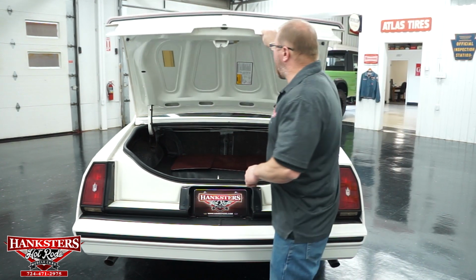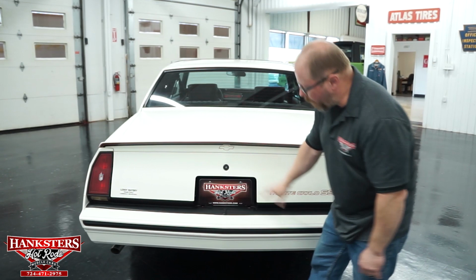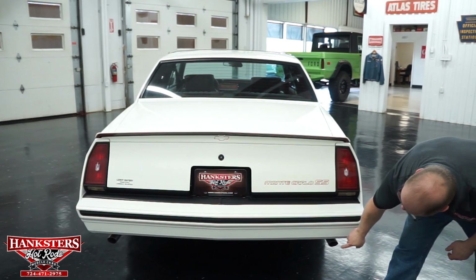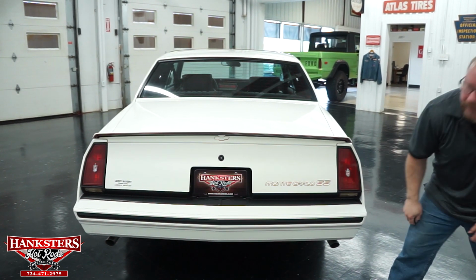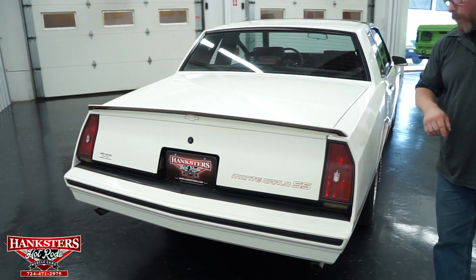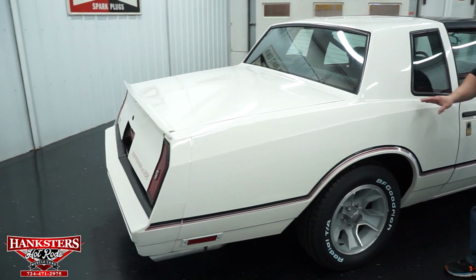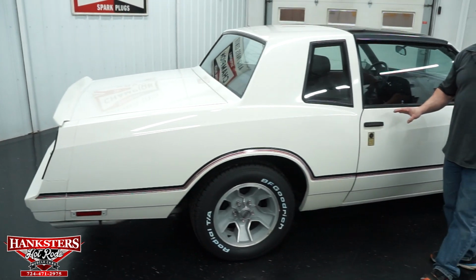Again, what we have here with the rear of the car, all, like I said, painted bumpers here. And again, you do have the dual exhaust down here. Just a nice slash cut put on those exhaust pipes as they come out the rear. As we come around the passenger side, again, nice super straight panels the whole way along the side of the